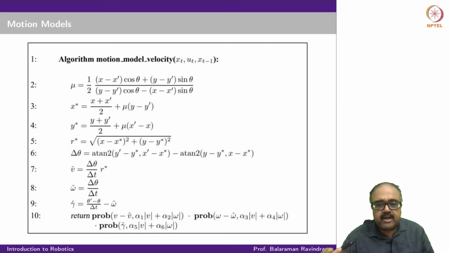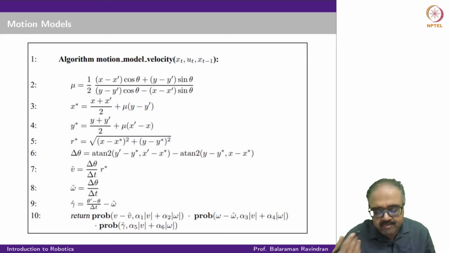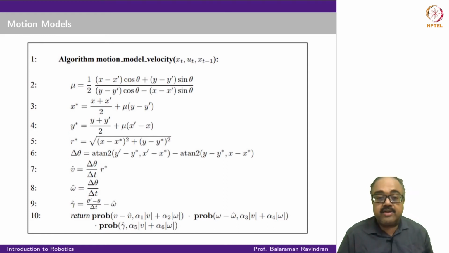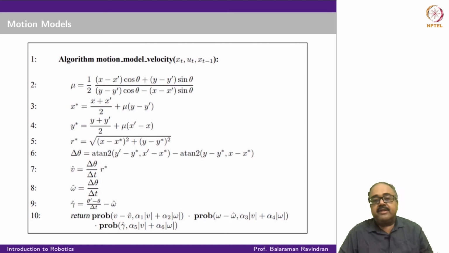And gamma hat to be 0. I don't have to apply additional correction at all. I would really like my v hat to be v, my omega hat to be omega, and my gamma hat to be 0. So that is the ideal noise-free case. But then we wouldn't be here if everything was ideal and noise free, and therefore we are looking at this noisy case, and we are going to model this probability: you apply v, what is the chance that the actual velocity is v hat?